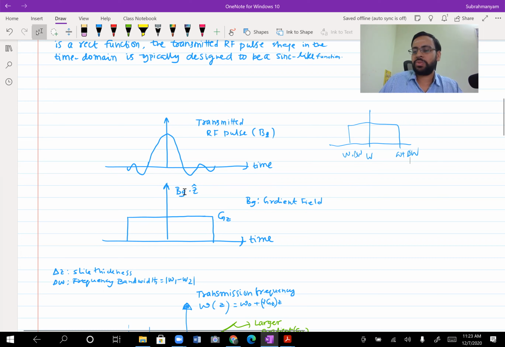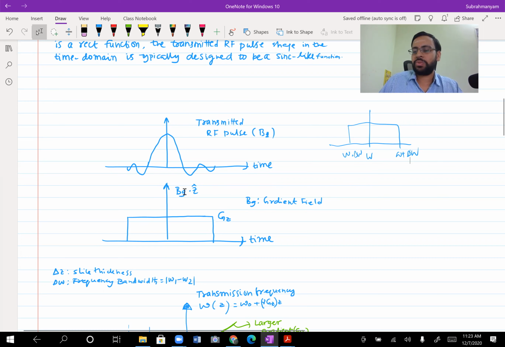Now another important thing, look at it this way. It's not exactly omega naught, there will be a small increment of plus or minus delta omega, let's say, within which this energy would be good enough. So there is always a tolerance within which it keeps responding. How do you get that? What you would do is, it's more like a low pass filter. That's the kind of effect you want here.